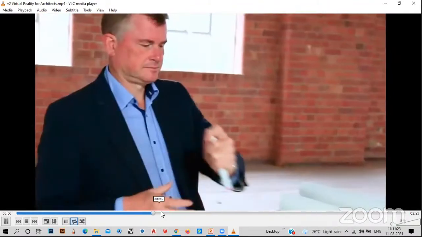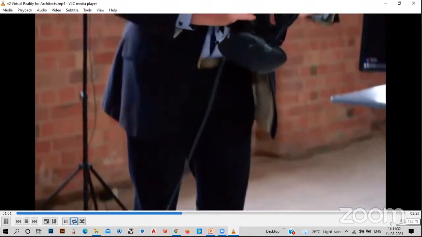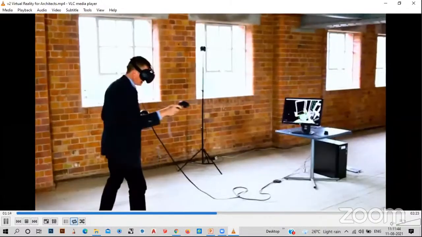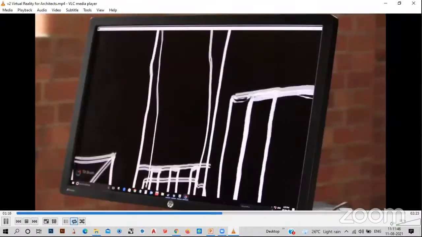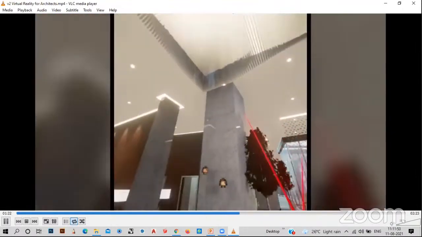I'm taking it a little forward. See the kind of space arrangements, and the one-to-one reality he is looking into, and the sketching he is doing in real time by imagination at one-to-one scale. So this is the advancement people are using to push our field's boundary.